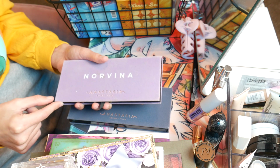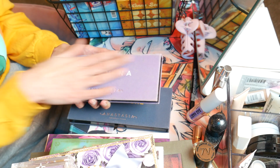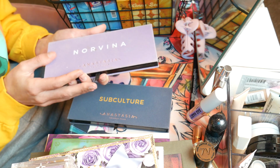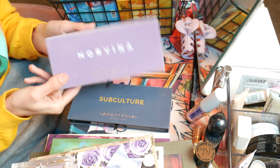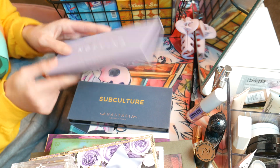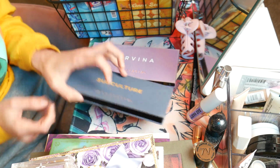It's the oldest palette in my collection, and it's hard for me to get rid of it. Even though I don't reach for it as often, I do want to keep it in my collection because I love it. I have a close, I don't know, sentimental value for this palette. And then this is an older